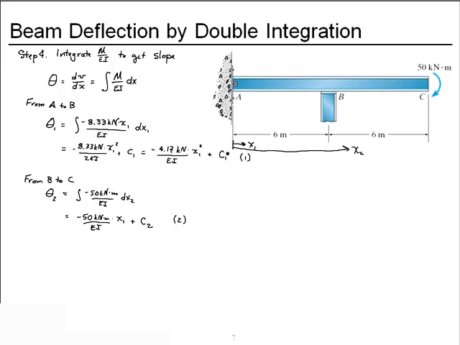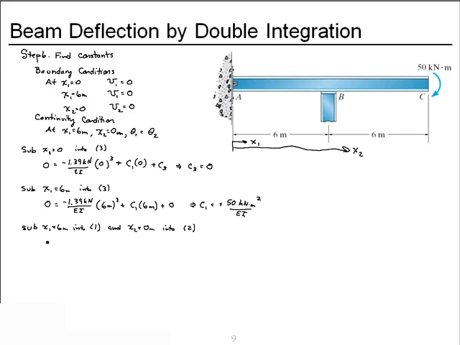We already know constant 1, so we'll find constant 2. So we have minus 4.17 kilonewtons over EI times the 6 meters squared plus the constant C1, which you just found to be 50 kilonewton meters squared